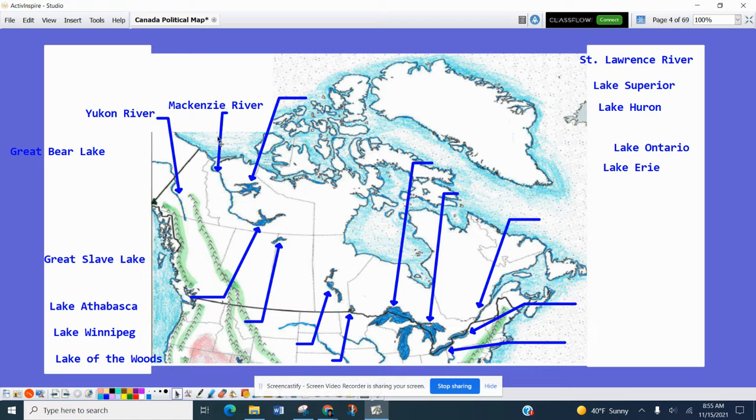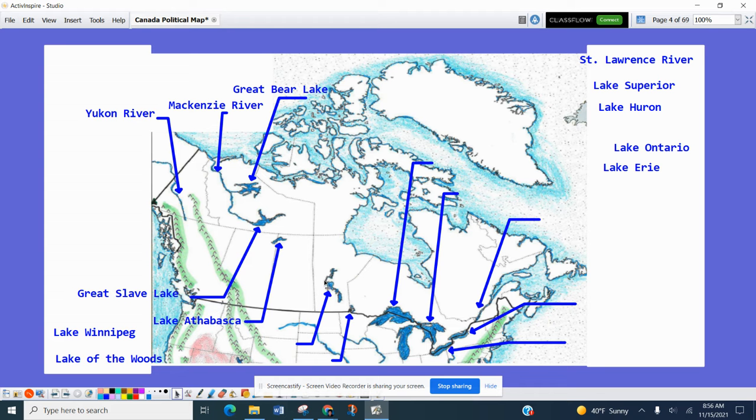If you remember just a moment ago, we labeled a set of mountains in the same vicinity. And then we also have the Great Bear Lake. Now, I realize if you're looking at your lake here, the shape might not look like a bear, but bear with us. Below that, we have the Great Slave Lake,